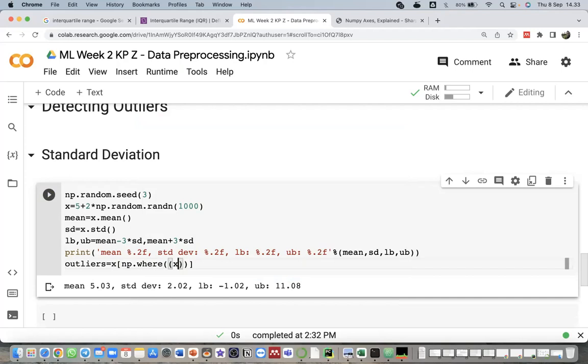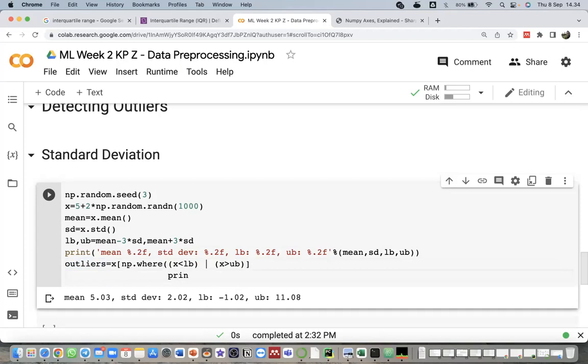So the condition: if X is below the lower bound or X is above the upper bound, it will be considered as outliers. So the outliers will contain the values that are considered as outliers.